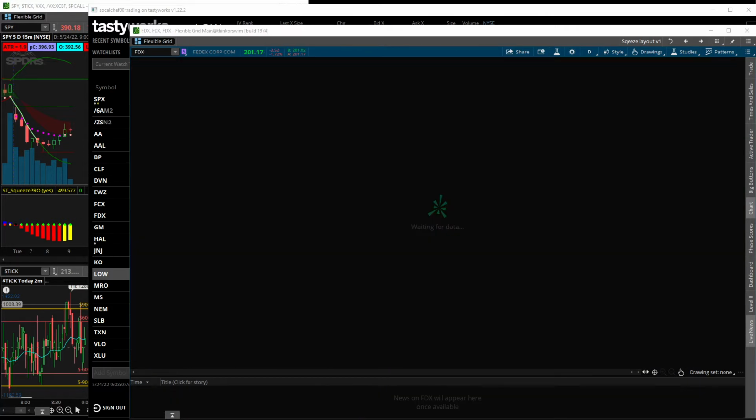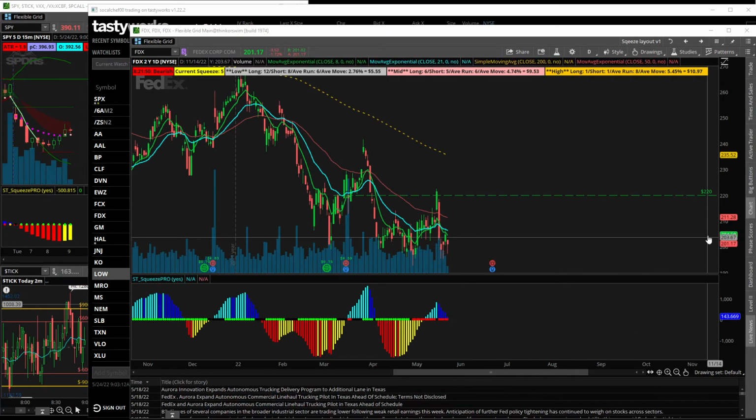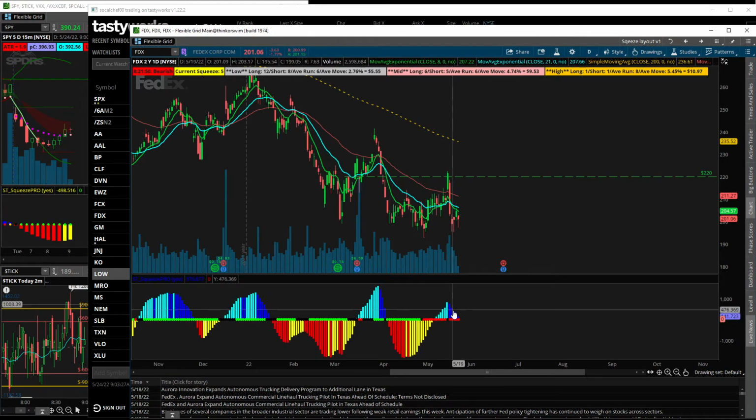The other one to the downside is going to be FedEx. This one actually recovered a little bit. Okay, let me think about this. So FedEx to the downside, a little bit choppier than I'd like to see, unlike Lowe's, which is a nice clean run. But you can see that upward momentum is gone, and it's now still building that medium